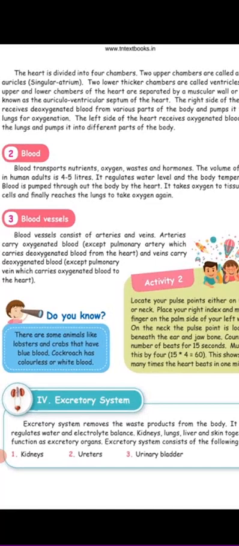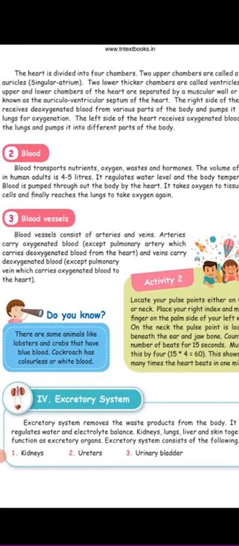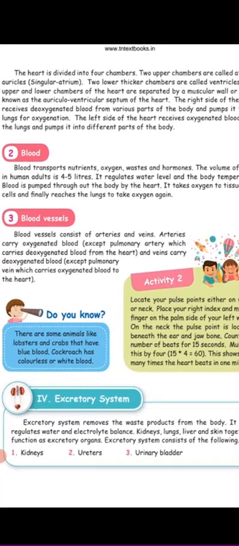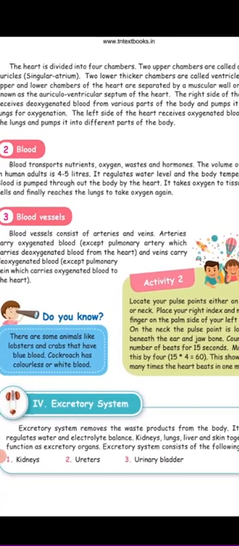It is regulating the water level and the body temperature. So what is this blood doing? What is it transporting? Nutrients, oxygen, waste and hormones. And in an adult there will be 4 to 5 liters volume of blood. So it is regulating the water level and the body temperature. Clear ma'am? So next,